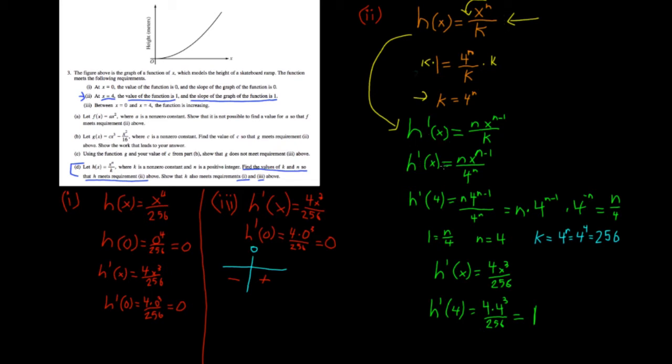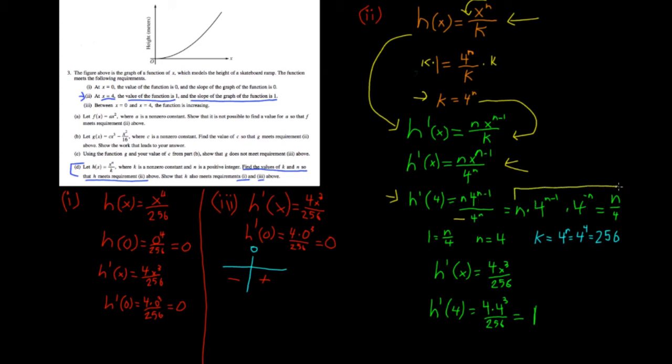H prime of x is equal to n times x to the n minus 1 over 4 to the n, because remember, k is equal to 4 to the n. We found that up in this first section over here. So then h prime of 4 is equal to n times 4 to the n minus 1 over 4 to the n, because this is our k right here, and this is our x we're plugging in,